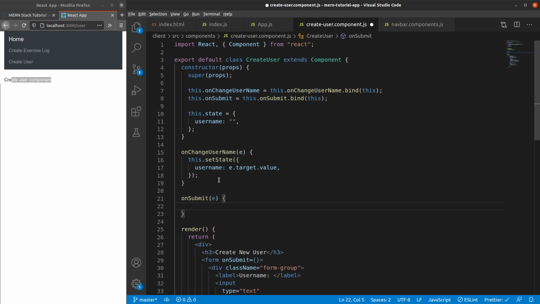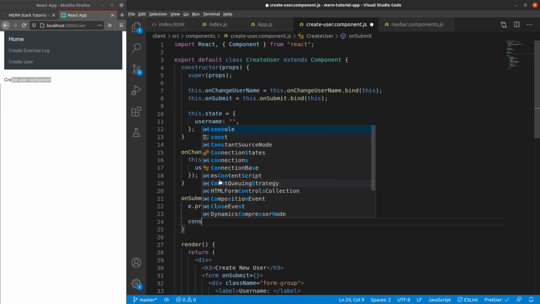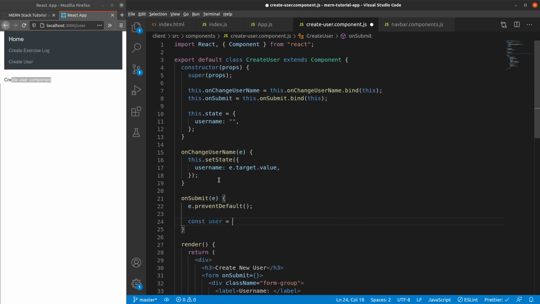For that we need to do e.preventDefault(). We'll come back to what preventDefault is. Let's just focus on the main stuff that we are trying to do here.